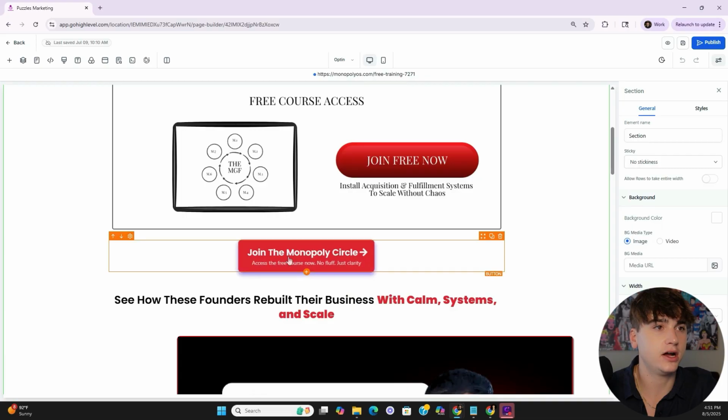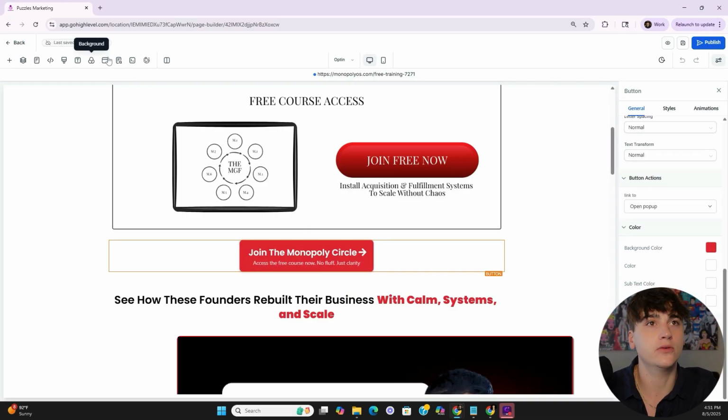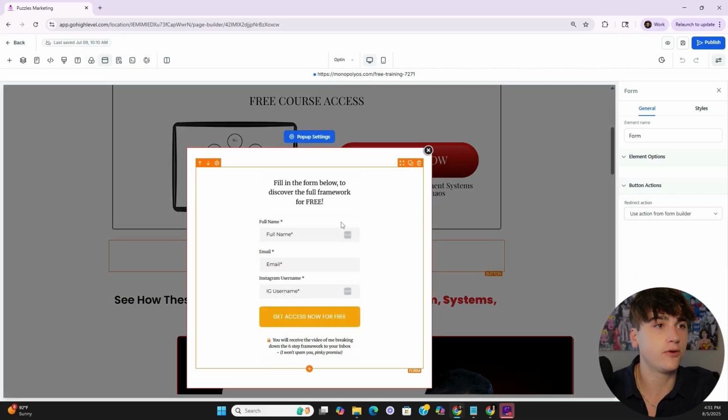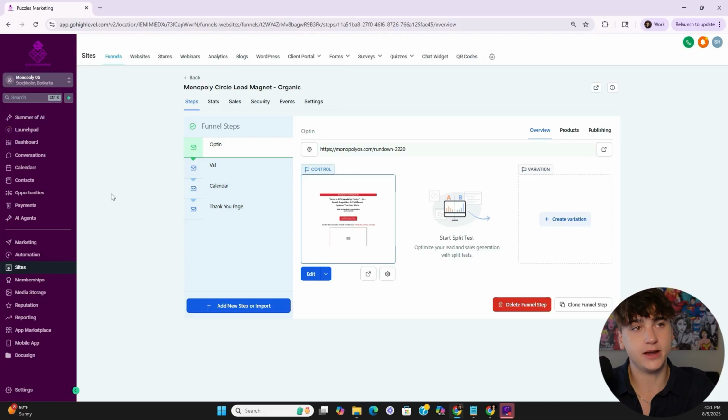And then if we click on join Monopoly Circle, trigger is open pop-up. So if we go over to pop-up settings, this is the form that's in there, right? So opt-in page form. So what we're going to do now is set up a trigger for opt-in page form submission, and then we'll invoke our conversions API to say, hey, this is a lead. They booked in. We're not going to reward them with a website schedule result yet, but just letting them know